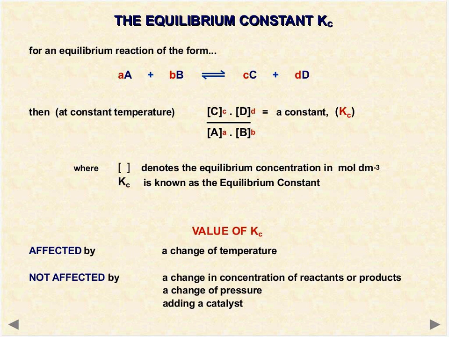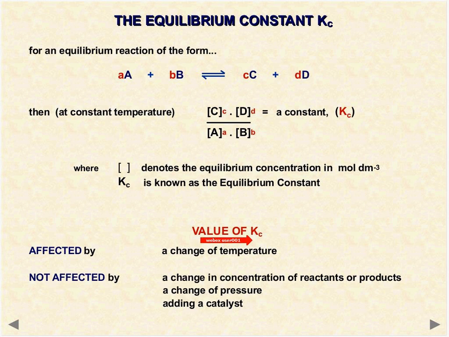Now let's look at this. This value of Kc is actually affected by only a change of temperature. It is not affected if you change the concentration of reactants or products, you change the pressure, or you add a catalyst. In these cases, the value of Kc will not be changed. Only a change of temperature affects it. So basically, what happens if you change any of these values, how the value of Kc does not get affected, and accordingly how this reaction balances itself.